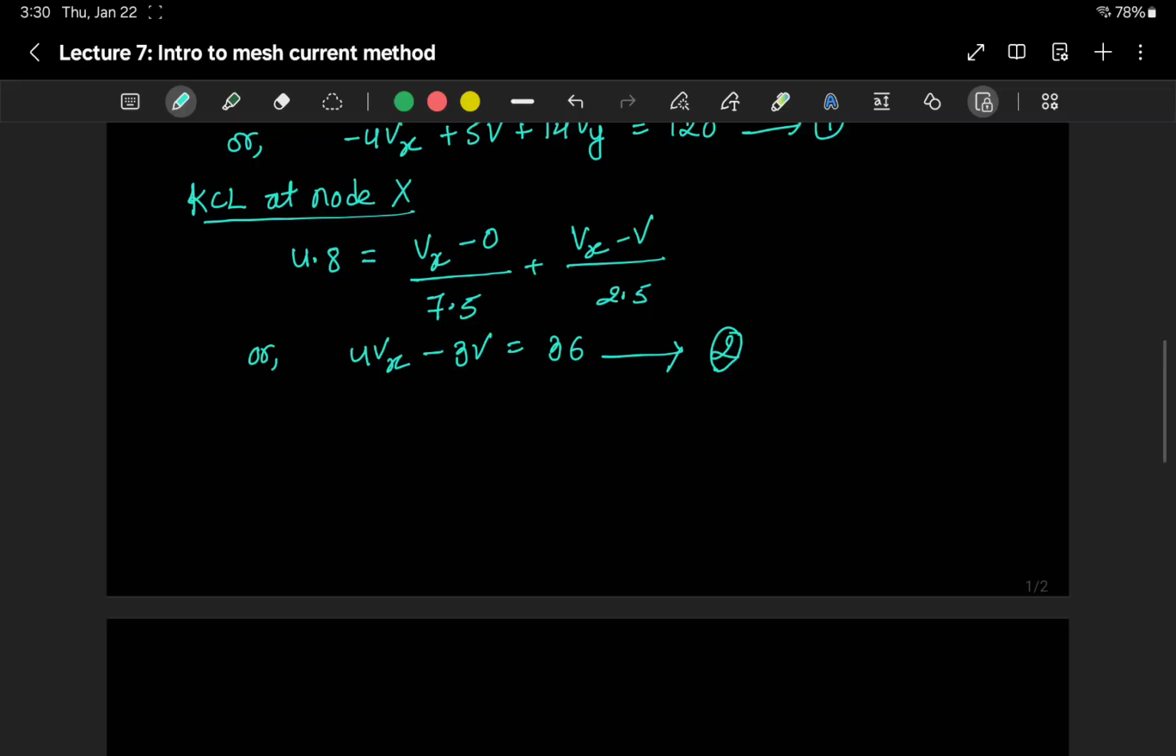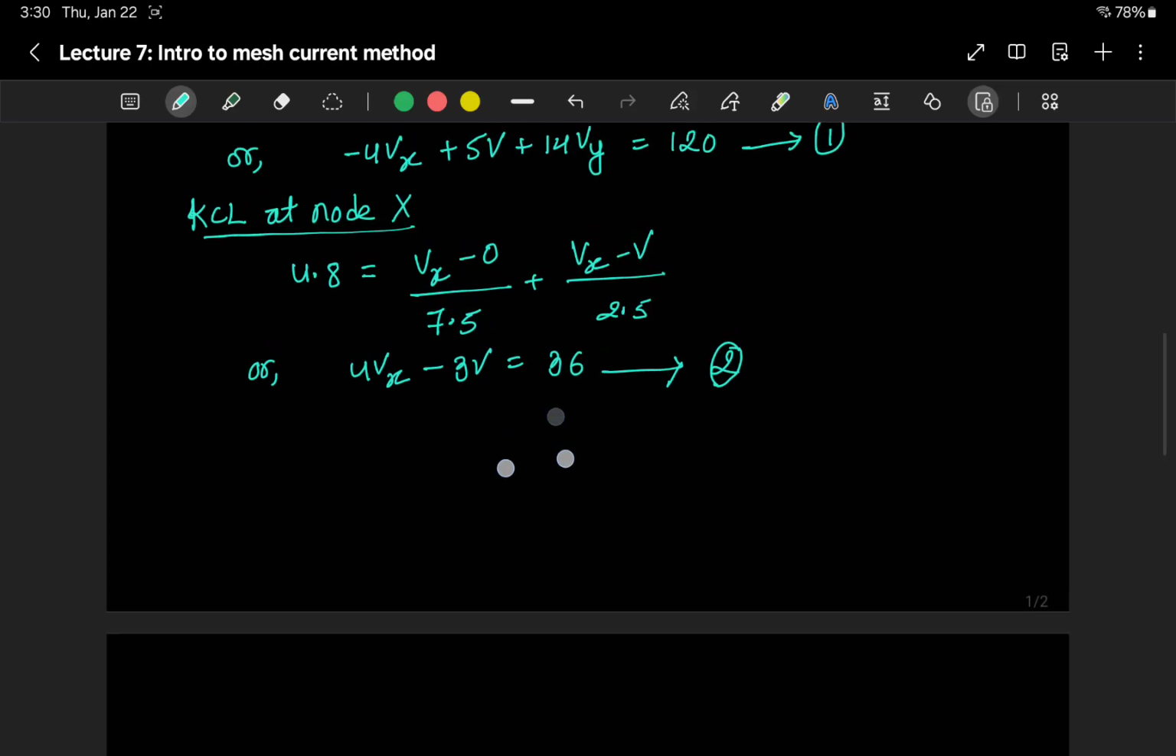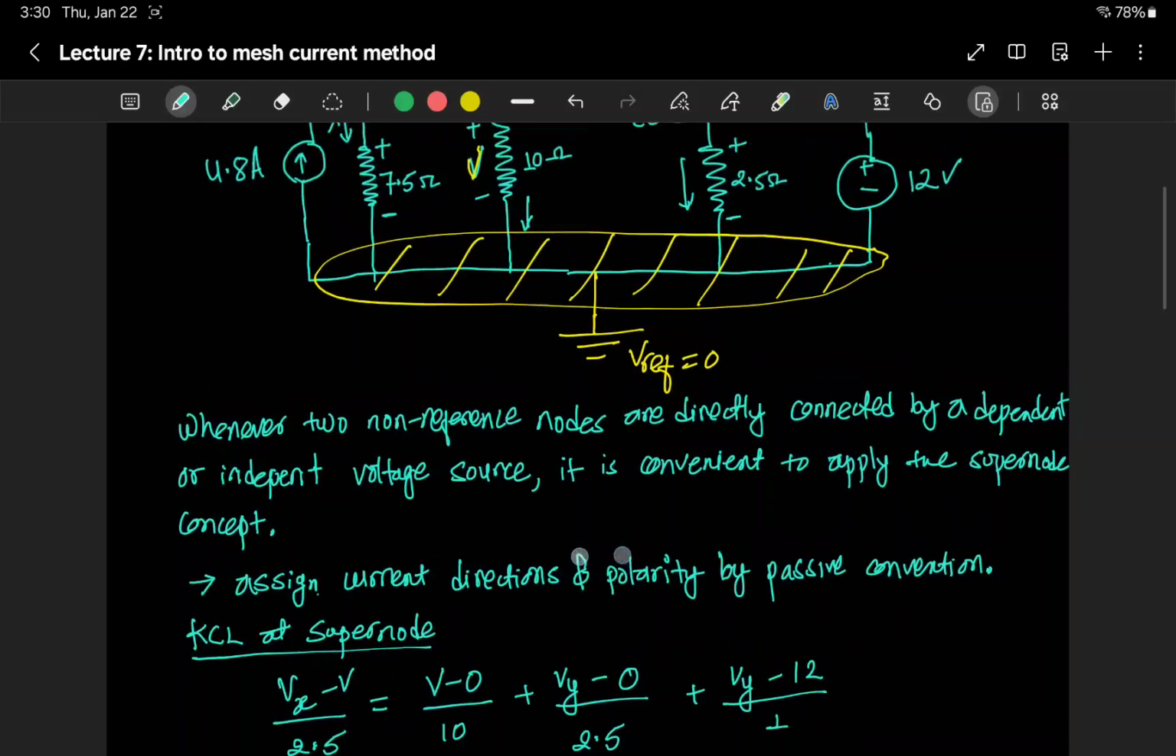So that will be our equation 2nd. Now we have two equations, but we have three unknowns, Vx, V, and Vy. So we need one additional method to get a system of equations, so that we can solve the system of equations. So now to get the other variable, we can get an equation using Kirchhoff's voltage law, and that we can do around this